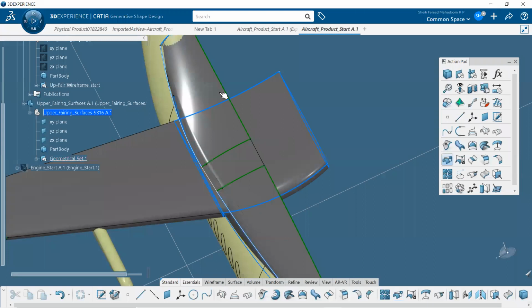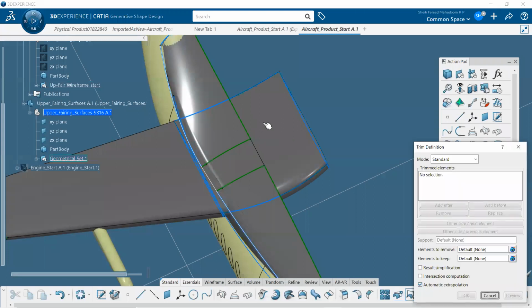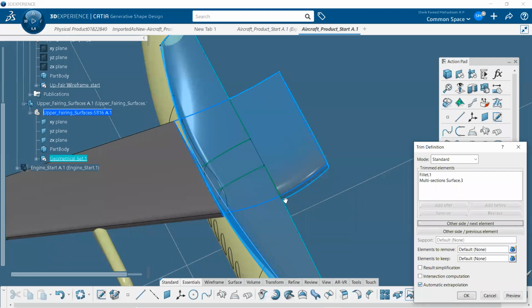Select this profile and this. You can see the excess element over here is trimmed with respect to the element over here. Then click preview and OK. Now you see we have closed the profile perfectly over here without any gap.